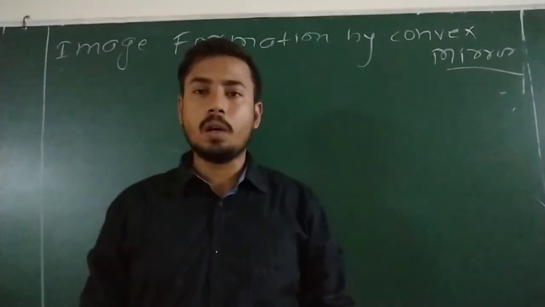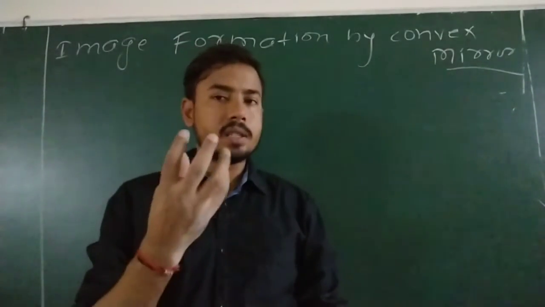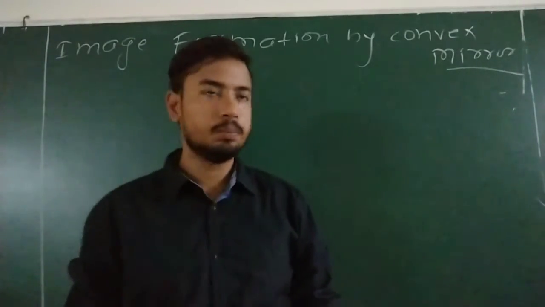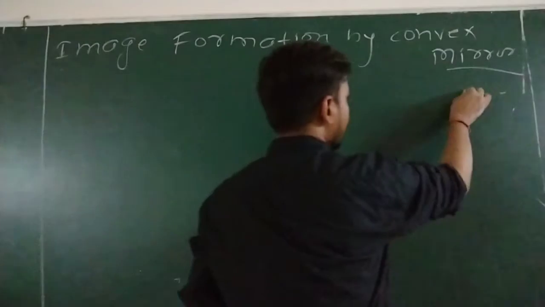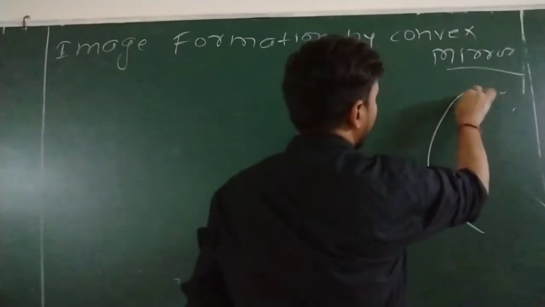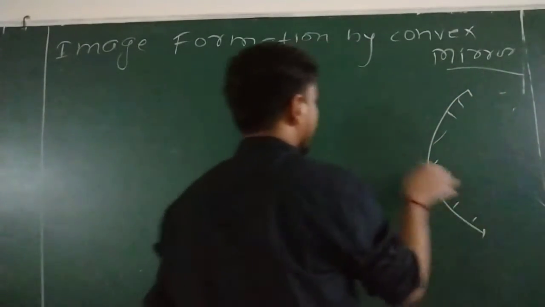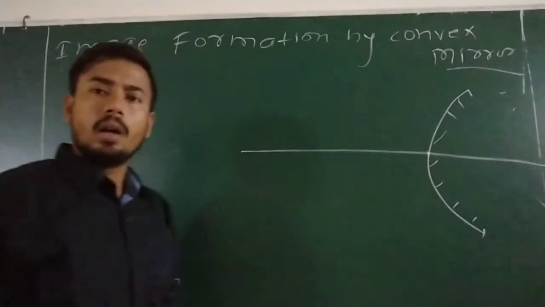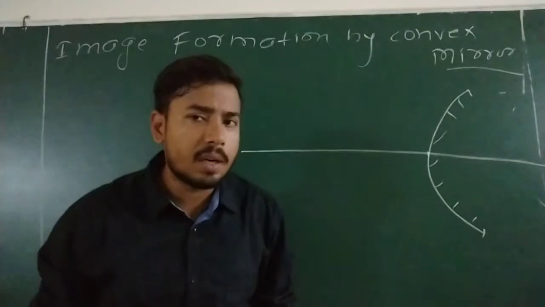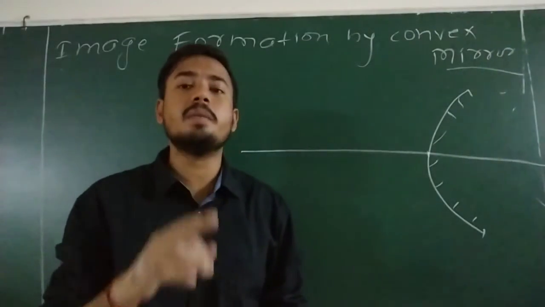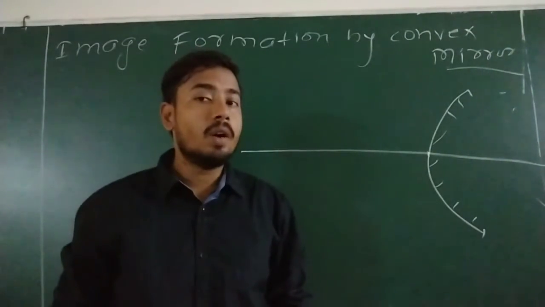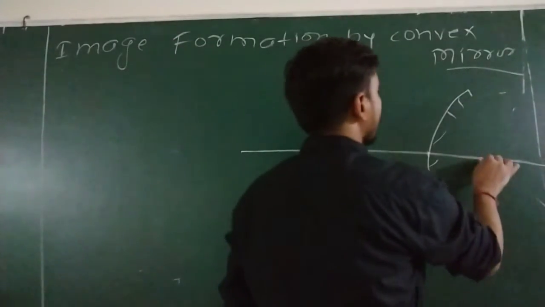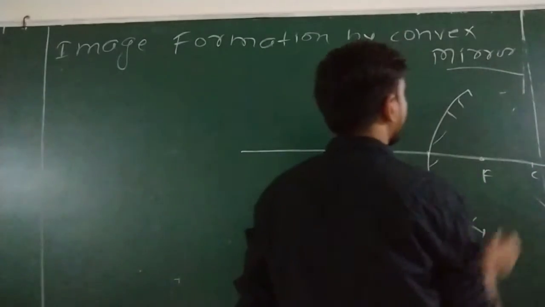So first thing, what is convex mirror? Definitely after this word, one image will come in your mind, like this mirror. This mirror is called convex mirror. I have already discussed this thing. Convex mirror, diverging or converging mirror? Yes, diverging mirror. Its focal length, virtual or real? Its main focus is virtual. This is its center of curvature.